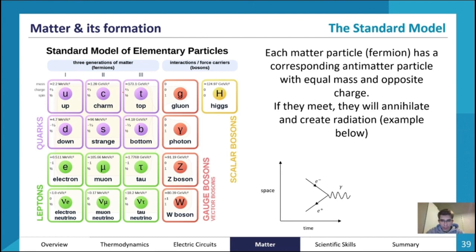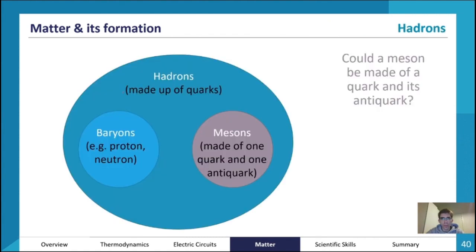elementary particles are not just protons, neutrons, and electrons. There is also something that we call quarks and antiquarks. Antiquarks are the antimatter of quarks. And when quarks and antiquarks collide, they will lead to radiation because they will annihilate one another. They are basically the opposite of each other. Now, when we categorize quarks, we say that baryons and mesons are under the umbrella of hadrons.